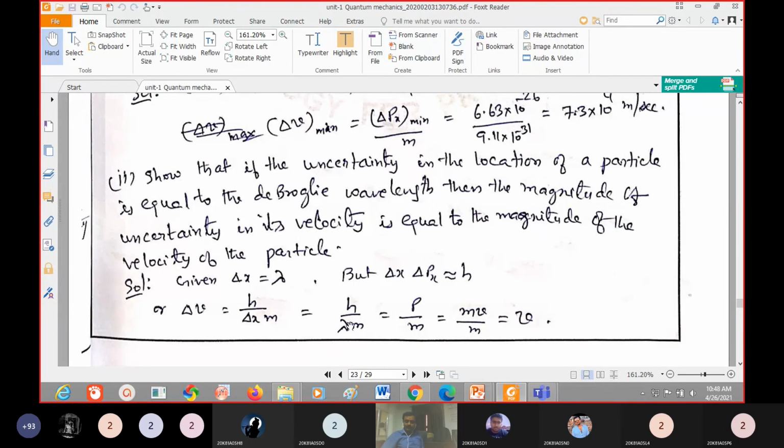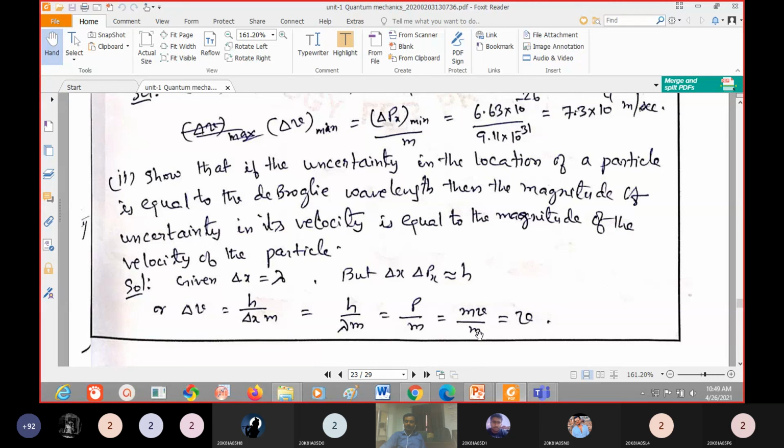So we can multiply here with mv above and below. What we will get is p by m. We know that p equal to mv. Otherwise, directly we can write h by lambda value equal to p, because according to de Broglie, lambda is equal to h by p. So instead of h by lambda we are writing p. p is equal to mv, so m gets cancelled,